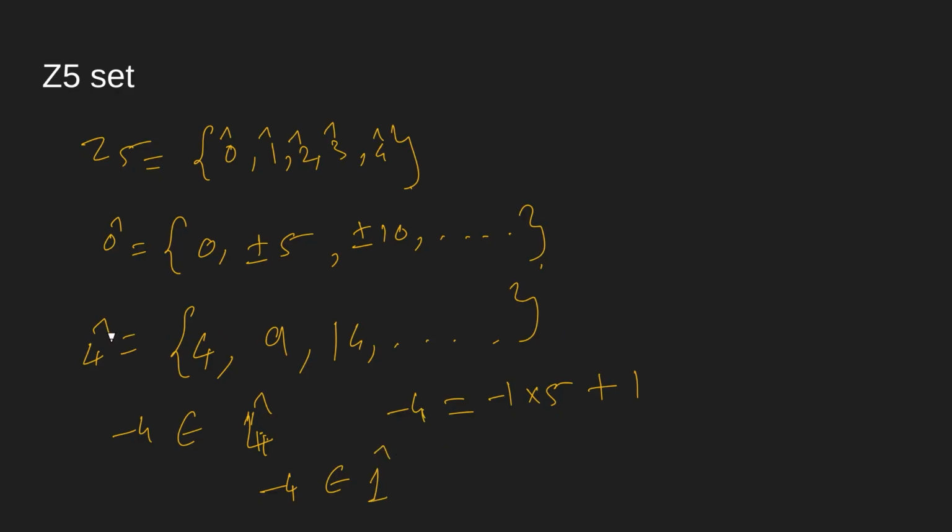So basically this 4 hat is a union of these infinite sets 4, 9, 14, 19 and so on, union negative 1, negative 6 and so on. So you can see that negative 6 is equal to negative 10 plus 4. Okay, so that's right. Anyway,